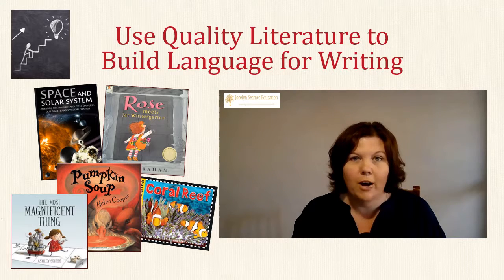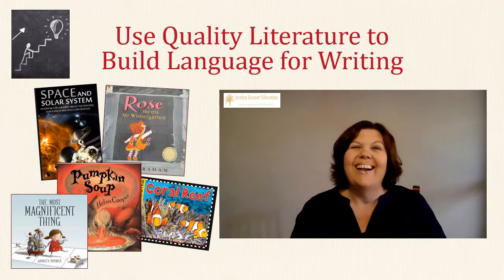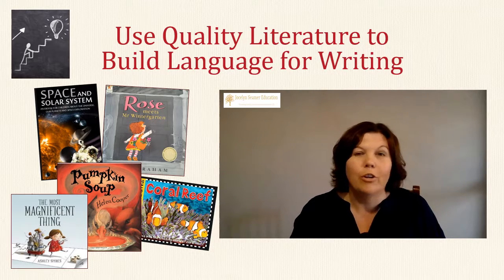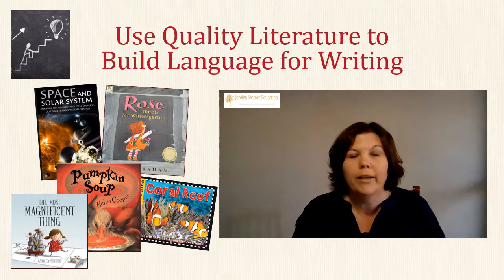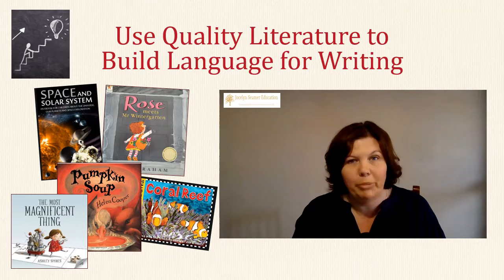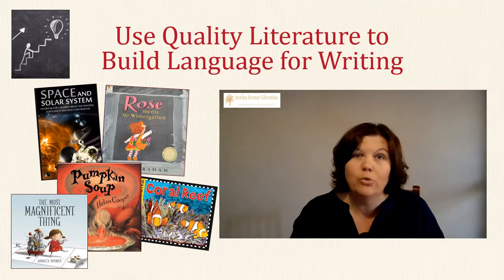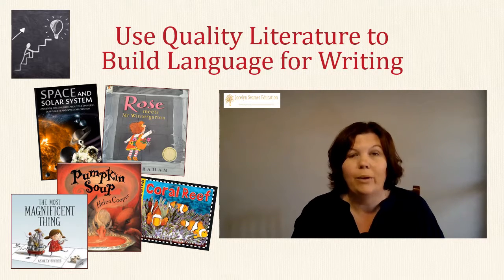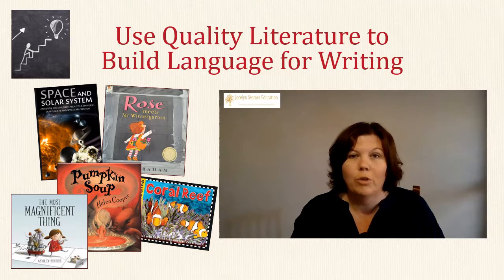We'd be hard-pressed to find a primary school classroom that wasn't full of books of all descriptions: fiction, non-fiction, picture books, chapter books, decodable text, hopefully. These books are used in a variety of ways, and I want to draw your attention to a way that you can use high-quality children's literature, particularly picture books. Because remember, I had said earlier that the average good quality children's picture book contains more complex language than an adult television show. So you can use these books as a springboard for language development, for writing, but also for